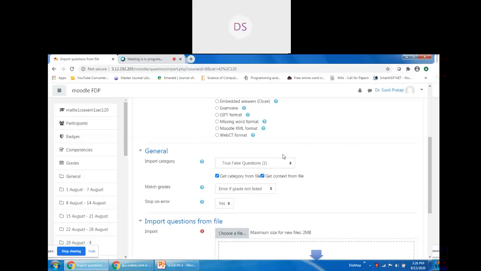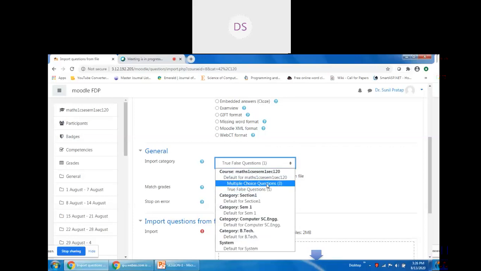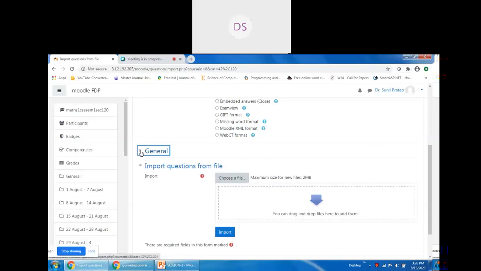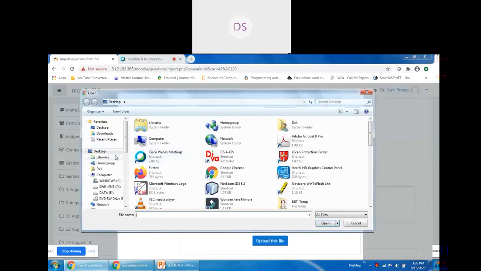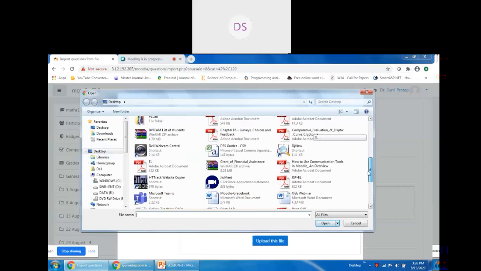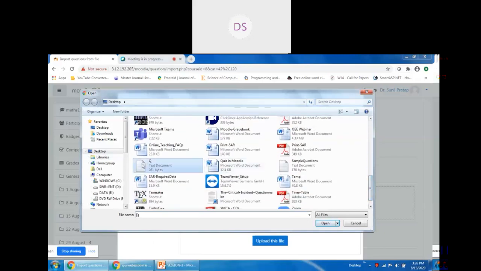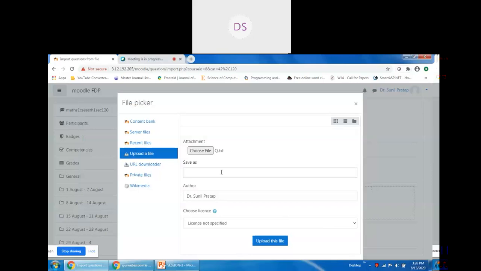Okay, so because of the nature of the questions, I am setting the category to multiple choice, and then you just need to choose the file which you have created on your local system. First you need to upload that file to the server. So what was the name of my file? Q. Okay, save as question.